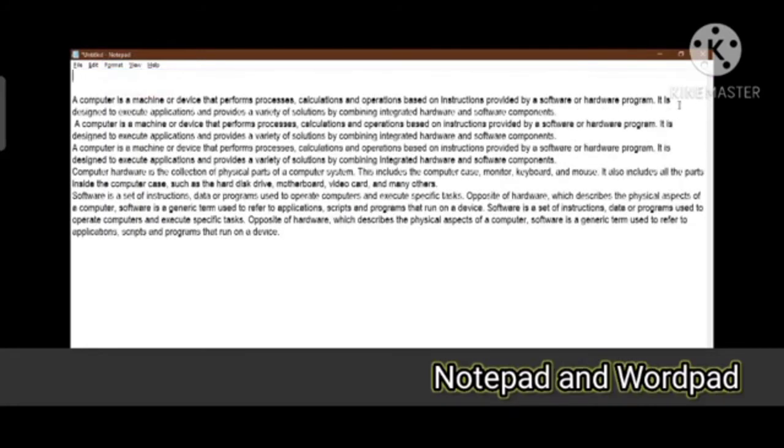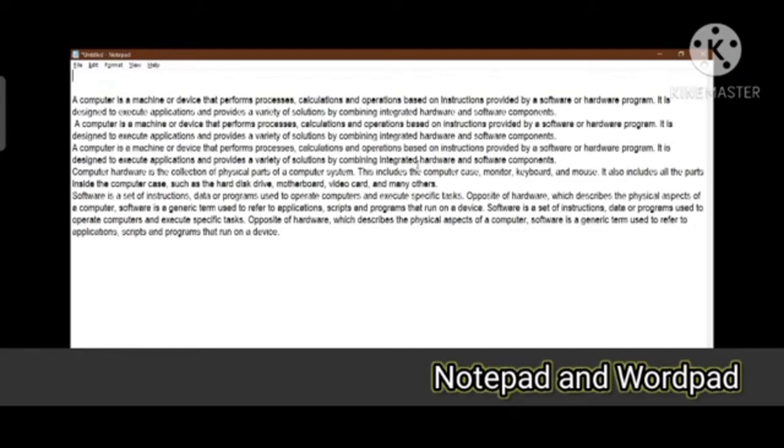See what happens when you click on the word wrap option. You need not scroll your page to the left side. Everything that you have written will be available and you will be seeing it on a single screen. So this is a very nice feature of word wrap. Again, format, word wrap, and see, all things come on the single screen. So the word wrap feature, when enabled, automatically moves a word to the next line, or else it will go on extending and extending.